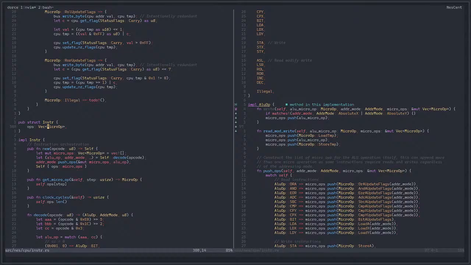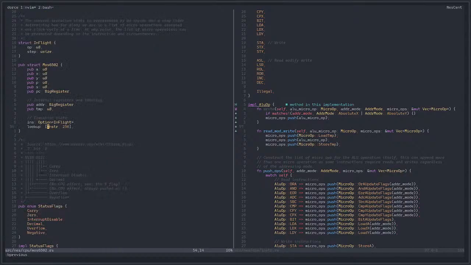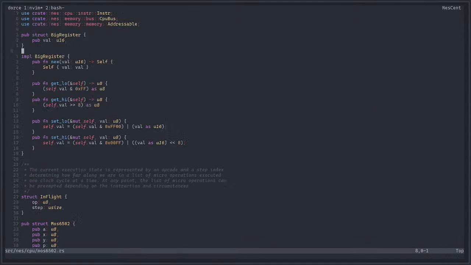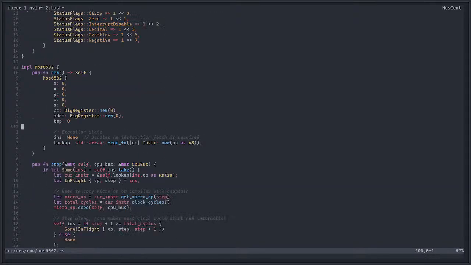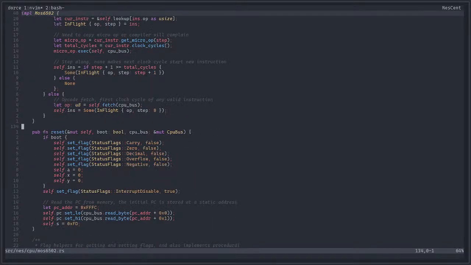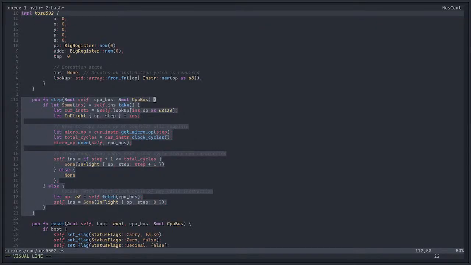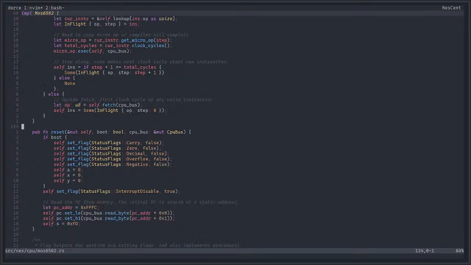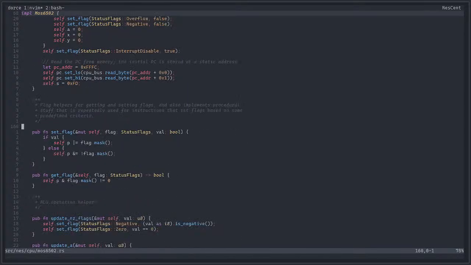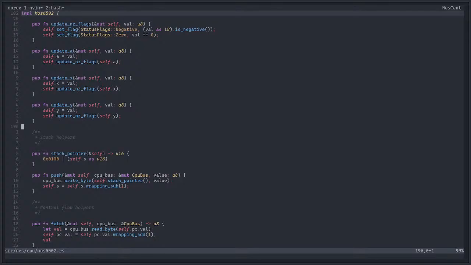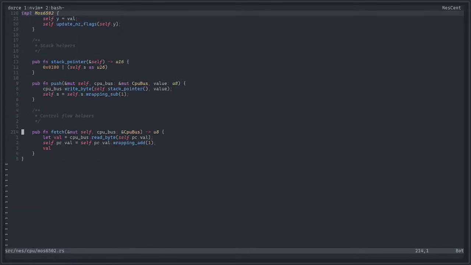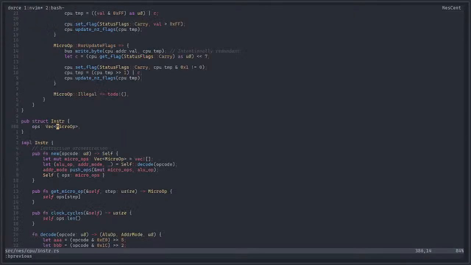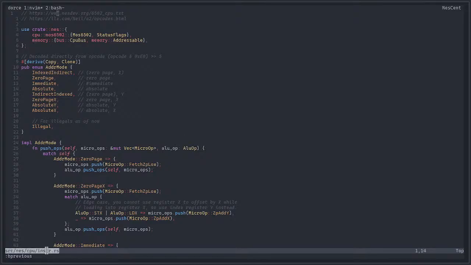So what is everything I'm doing in this file here? I mean, not much, right? You have registers, you have some helpers to get and set flags, whatever. What does step do? It just executes a micro op and moves on at a high level. Reset, set flags, update flags, update registers, just helpers. And then the actual instruction logic is in this file,